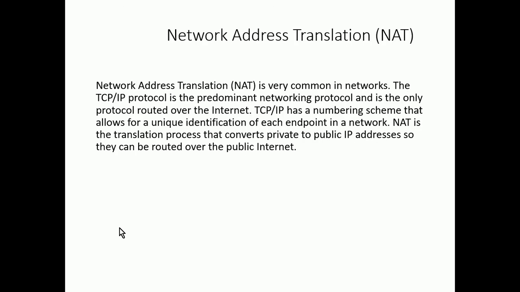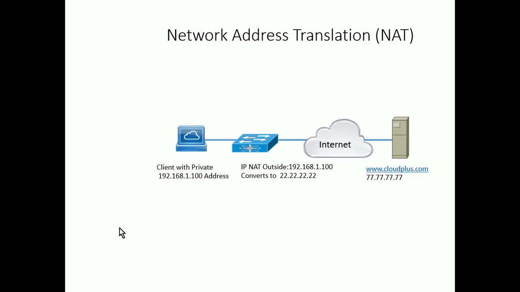So the first one is network address translation. As you know, there's only a finite number of IP addresses on the internet. So one of the things that we do is we assign private IP addresses on our internal networks. What network address translation does is it maps a public IP address to an internal private IP address, so that you can assign a public IP address to a system that's inside your internal network. One of the things I should point out here is that network address translation typically is a one-to-one mapping of public IP address to private IP address.